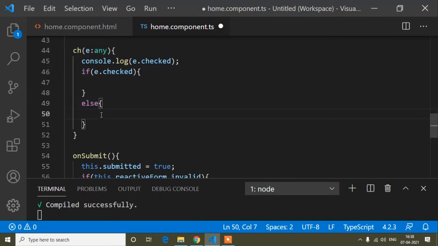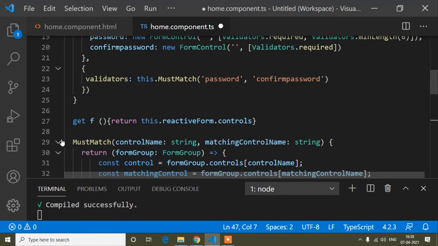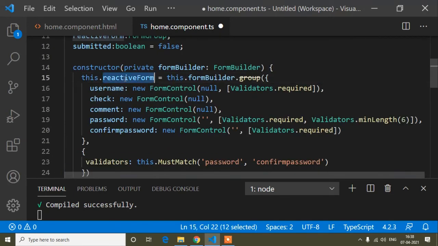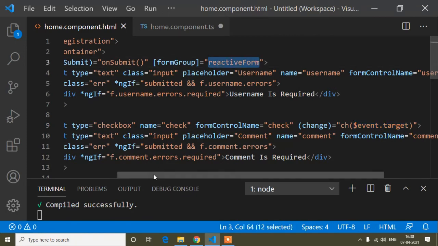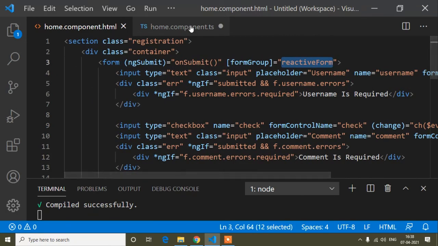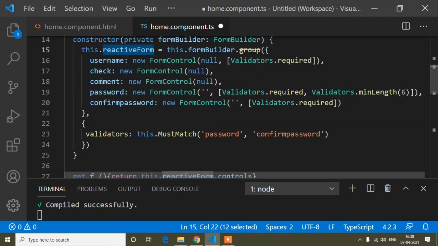First of all, when it's checked, what will I write here? I have created a form group, that is this.reactiveForm. Reactive form means this form; in the previous tutorial I explained everything. So the reactive form, and our conditional validation will be on the comment field.